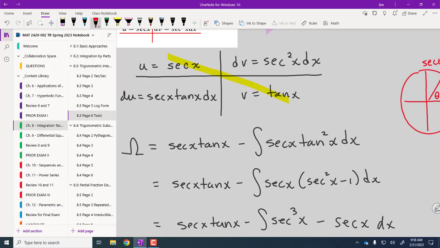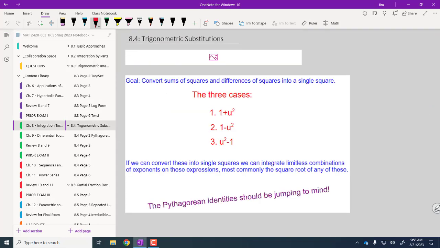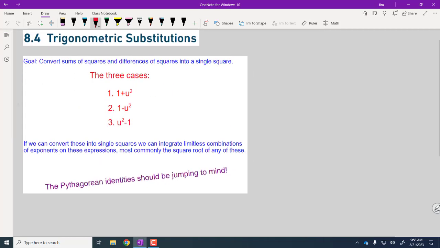that brings us to trigonometric substitution. This is the integration technique that many of you will wrestle with like crazy children. It will drive you a little nuts. But we're going to try to break it down into some simple ideas. So trigonometric substitution,